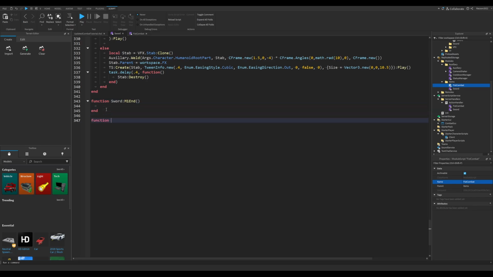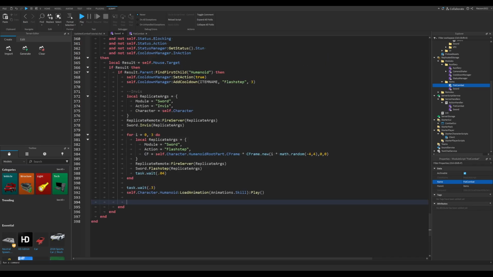Alright. And technically we're supposed to have an M2 since I did add one inside the key buttons, but there's nothing going on here. So if you have any unfinished skills, you can just do this. As long as you have these functions here, should be fine. The rest of this is a bit strange. I did